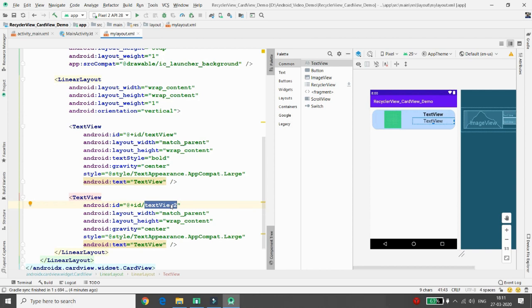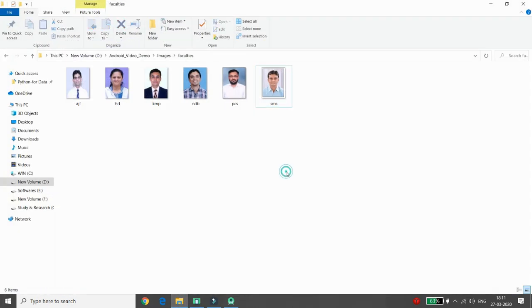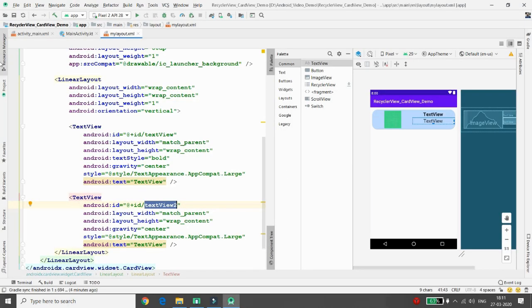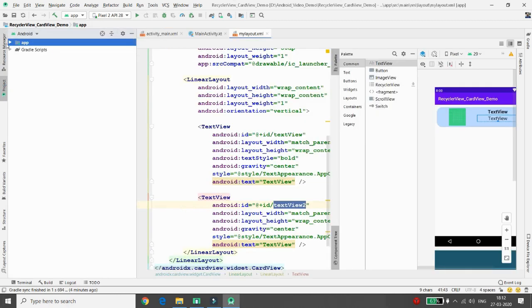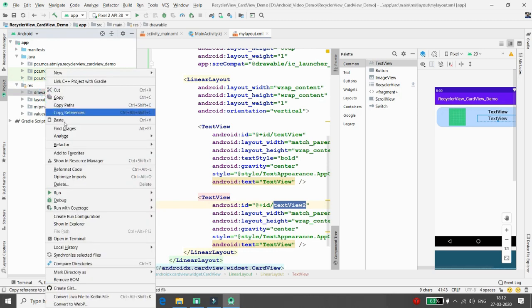Now it's time to define the recycler view and load here. Here in this image view, I want to display the image of my faculties. So let me copy all the images from here. See, I have the image of all the faculties. Let me copy all this and you can paste these images over here in your project, app, Java, resource, and in drawable folder, right click and you can just paste